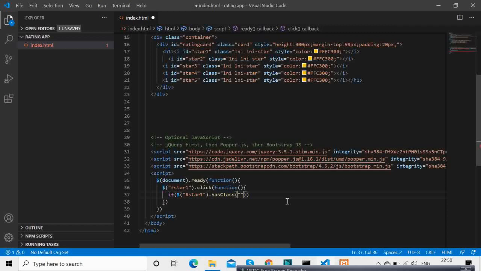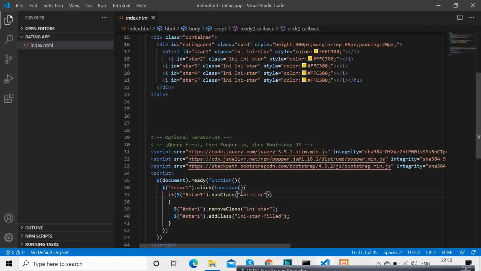If we have that only then we will be adding that field one, and if we already have that field one, then in the else part we will be removing that. Okay, so it's an if else statement we are using to check whether the star is already selected or unselected. So this if else statement is for that.